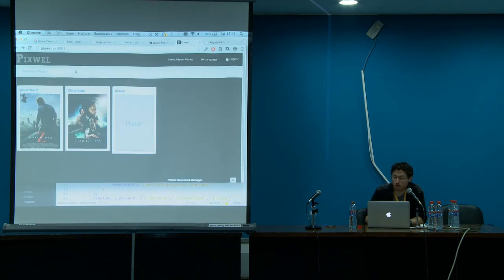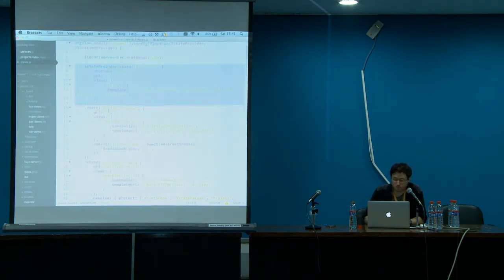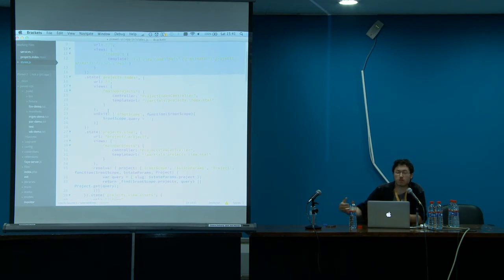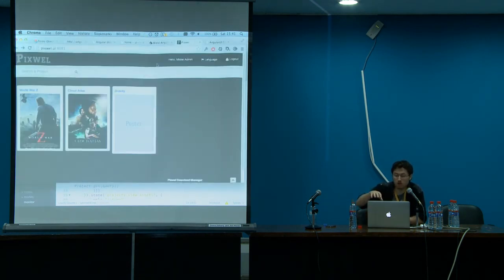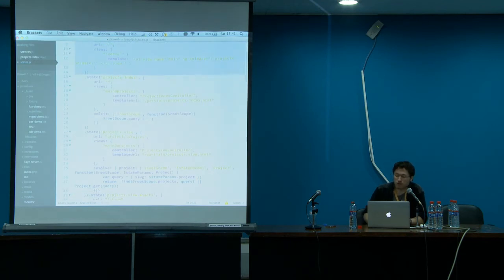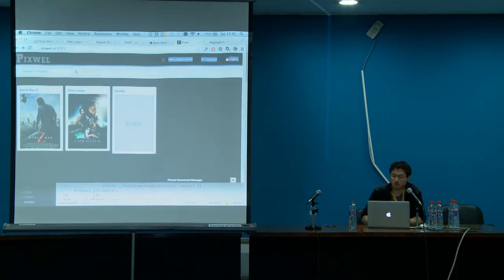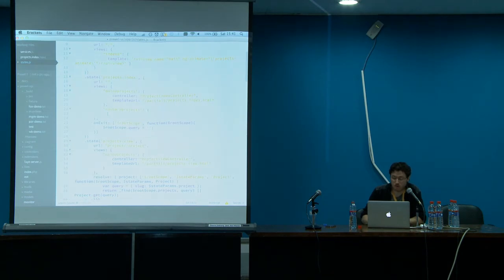And I could have a view defined, let's say somewhere up here. And if I wanted to target that from another state to render a template in this header, then I could just say navbar at projects. So if I created up here a view called navbar, then I could target it and say, here's a controller, here's a template, render that stuff. Does that make sense?